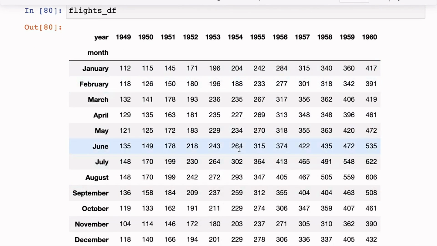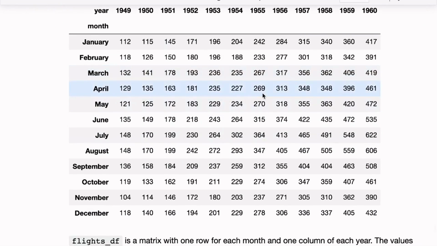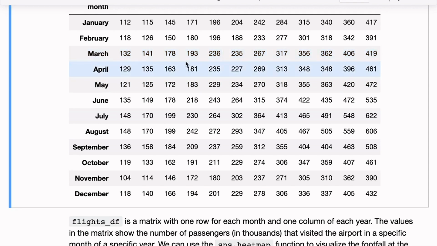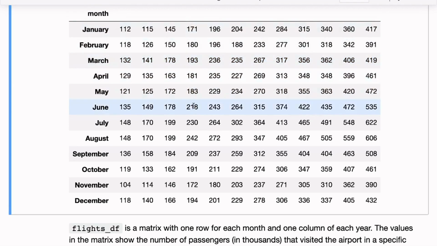Now we have this matrix of values, all representing a count of passengers. One axis is the months and one axis is the years. Looking at this matrix of values, it's not easy to tell what the trend looks like. It seems like the values increase over the years, and increase all the way up to June, July, and then decrease. But it's still not very obvious.